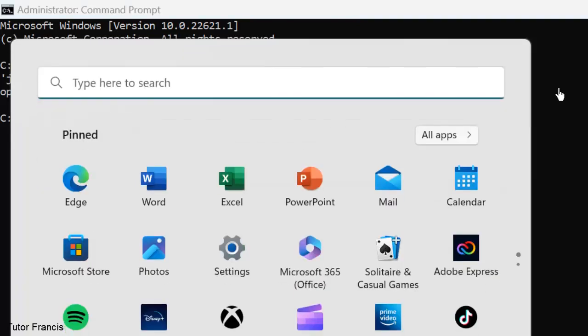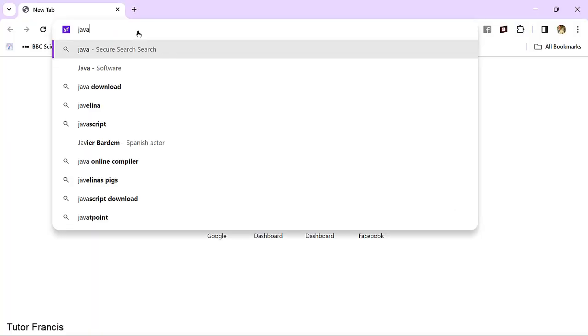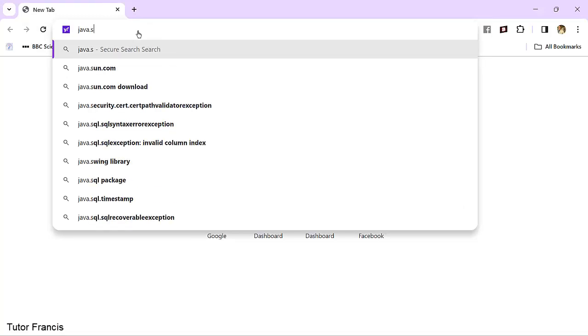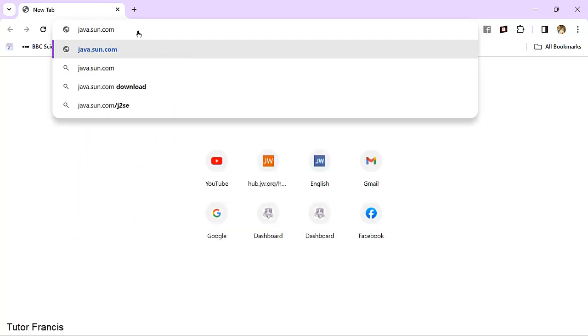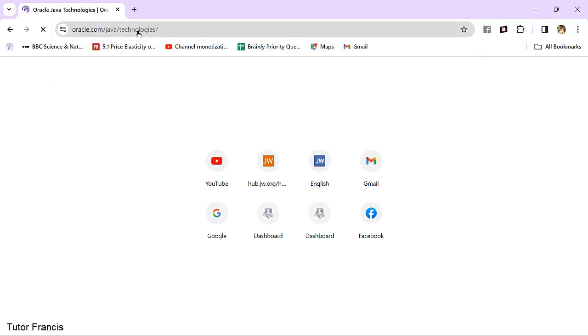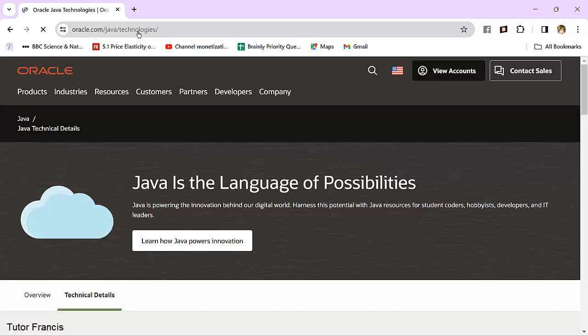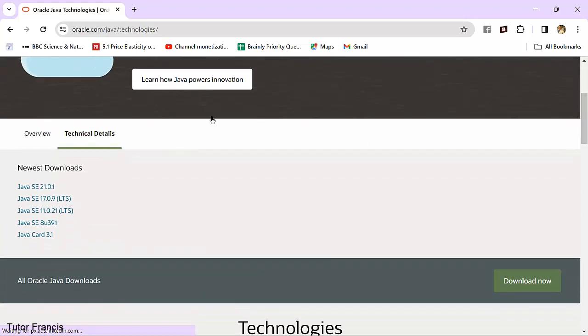So we have to open our favorite browser. You can open any browser. I will use Chrome. Go to oracle.com/java SE and press enter. So we have the official website here. So you can just click here,